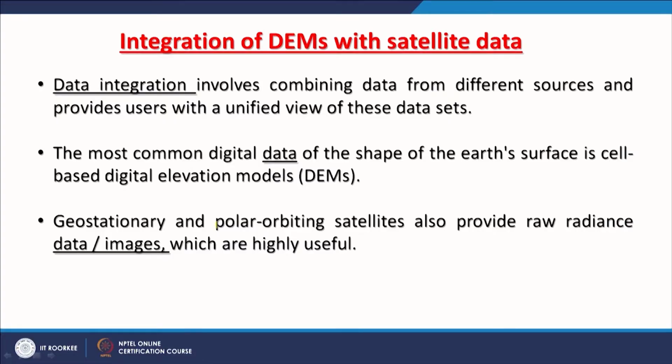Further, as you know, in the case of remote sensing, various satellites are there. The most common ones are these polar orbiting or sun synchronous satellites, like the series that started with Landsat, our own IRS, or SPOT, or even the NOAA AVHRR and NOAA series of satellites, and the MODIS satellite, and there are many such polar orbiting satellites. So typical remote sensing is done with polar orbiting satellites.